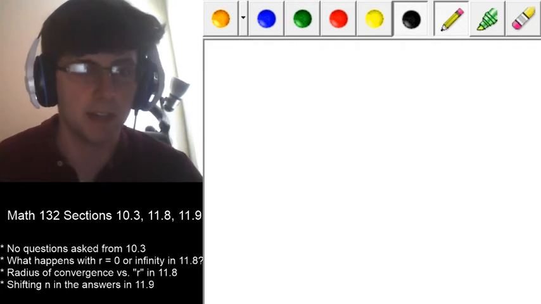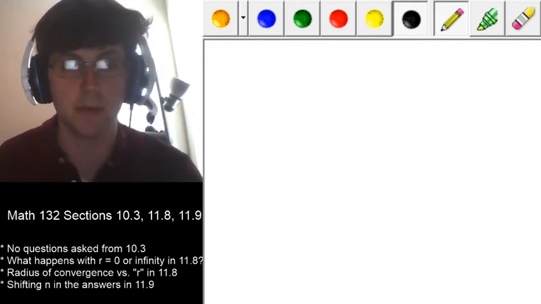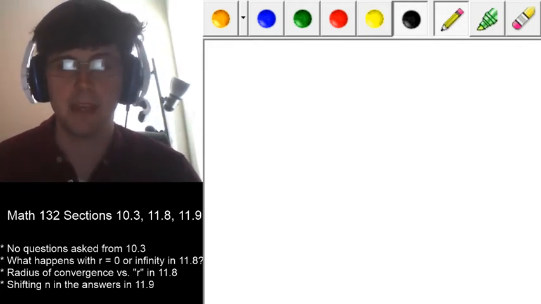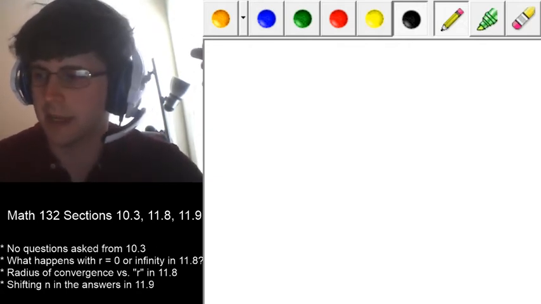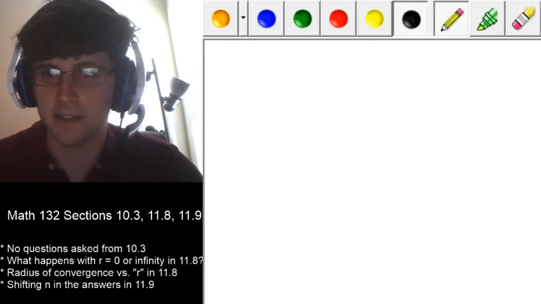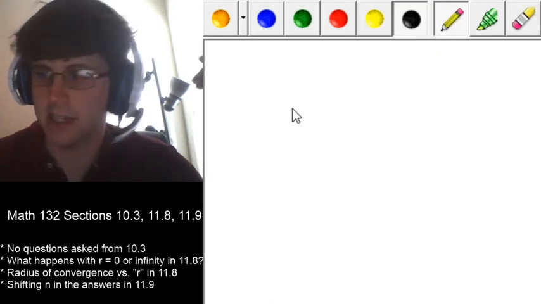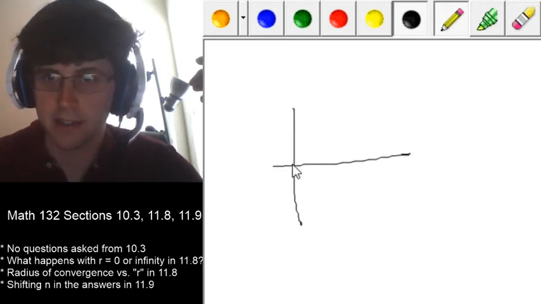So first off, I didn't get any questions from 10.3. The main thing to be careful of in 10.3, that I got a couple of questions about but answered by email, was, let's see if this works. Can I draw in here? I can. Okay, so if you've got a shape like a circle that's over here,